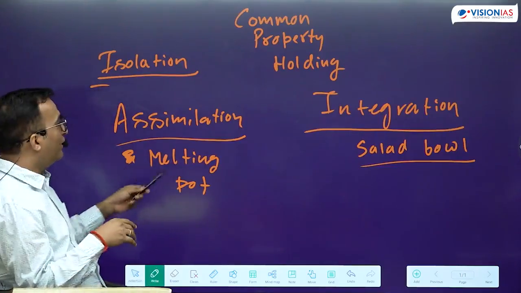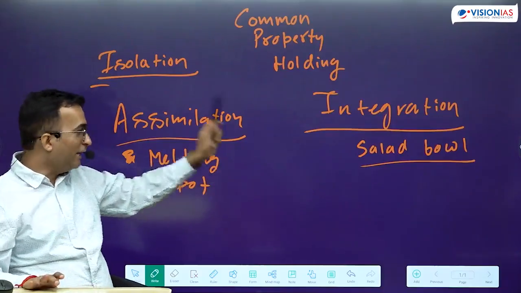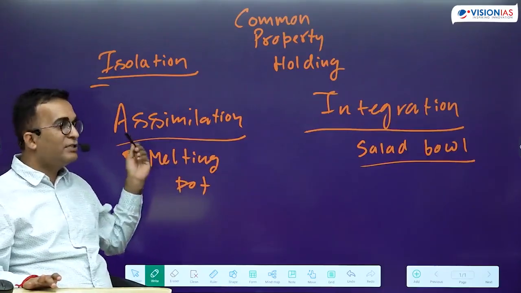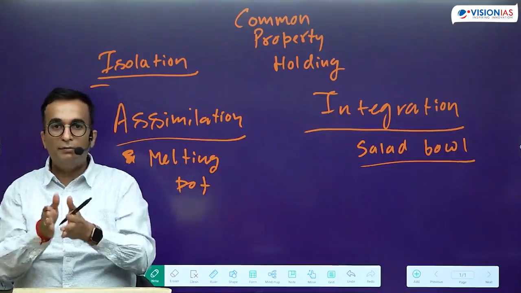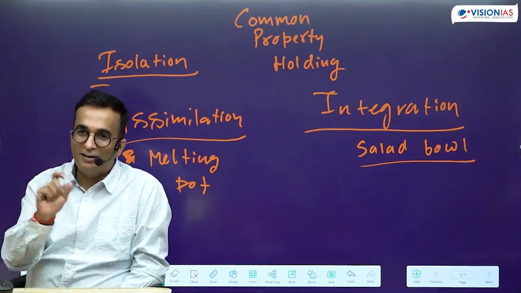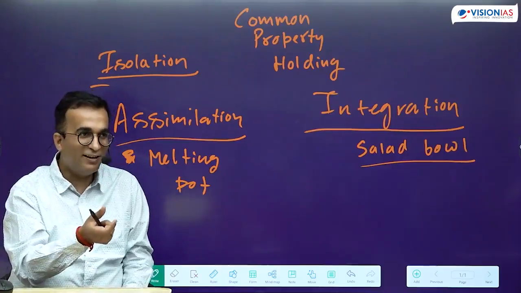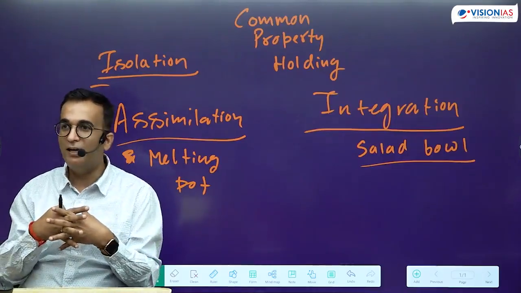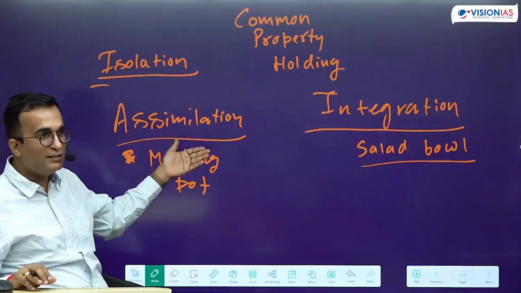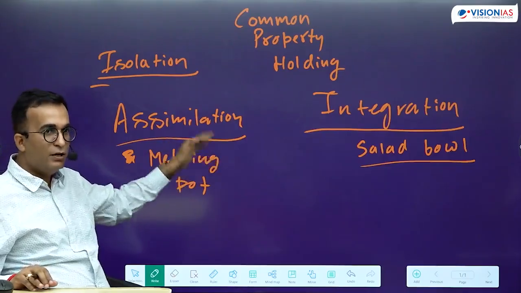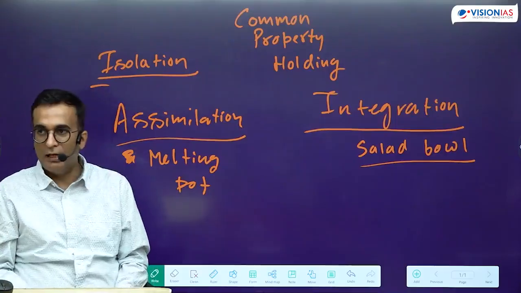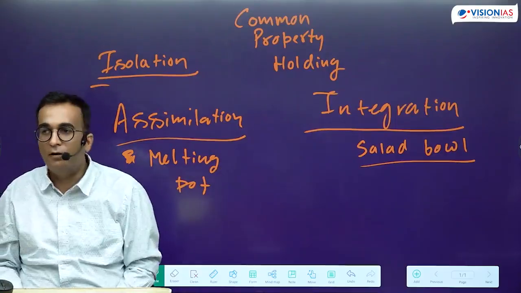But then over here, the same salad bowl, ठीक है? If you put it on a gas fire, all the vegetables will melt. The vegetables will melt, they will mix with each other. So will you be able to say that टमाटर का टेस्ट आ रहा है या फिर गाजर का टेस्ट आ रहा है, ठीक है? All of them are mixed. So every vegetable has lost its own identity, and when you lose the identity, you lose your relevance. So that's why assimilation or the melting pot is a negative concept, and integration or salad bowl is always a